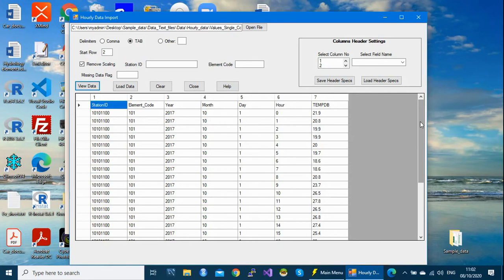So the next step is start row. By default, the system is saying that it is true. And this is true because the first row is assigned automatically by the system. So the system gives numbers. These numbers will be changed shortly. I'll show you how to change the numbers. But our data start at this row. This is row 1, which has got the header for the file.